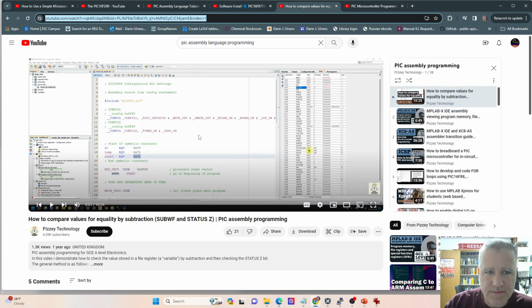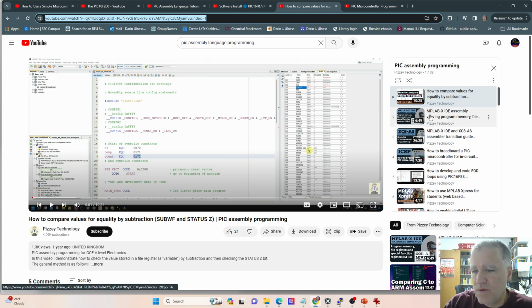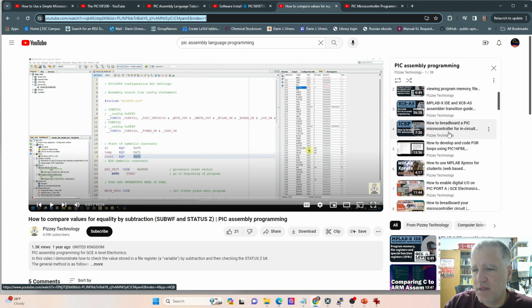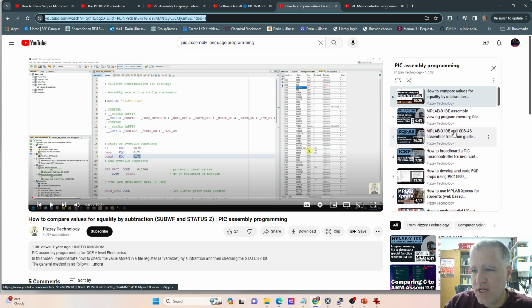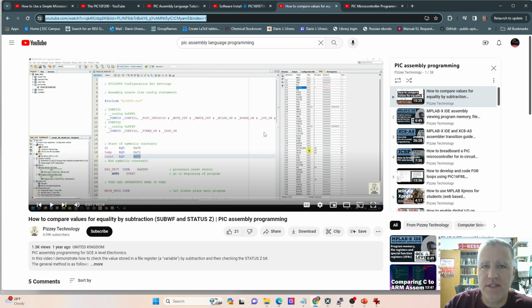PZ Technology has a collection of assembly language, and this is again a good set to work with thinking about the registers. It is using a different PIC, so a more advanced PIC than what we're using, but again, a lot of the